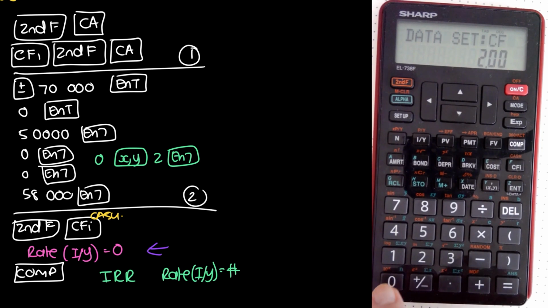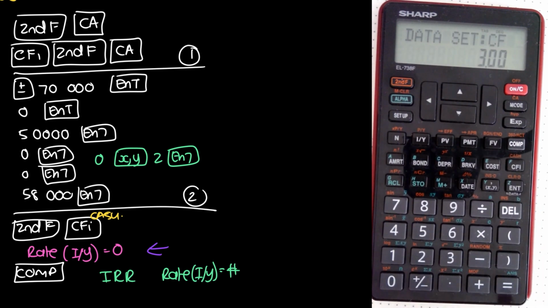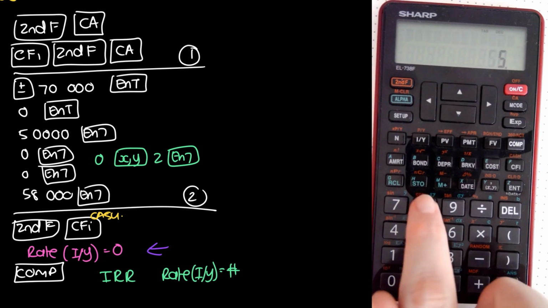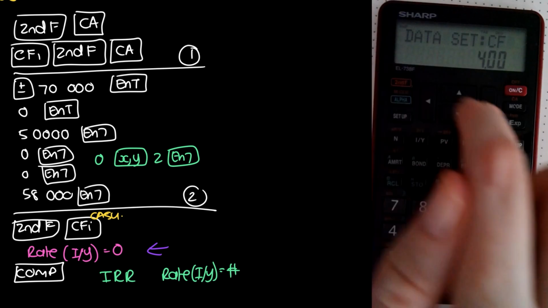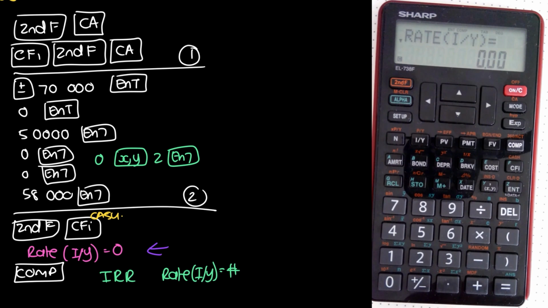And 2 zeros, so 0, XY, 2, enter. You could say 0, enter, but we do it quickly with 0, XY, 2, enter. And then 58,123, enter. And now we're going to say second function cash. And we want to compute